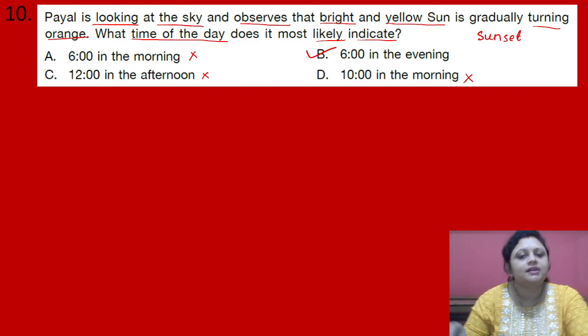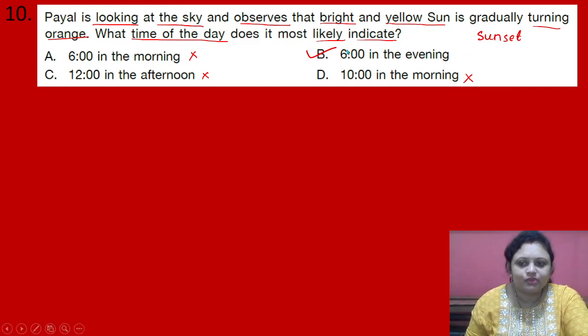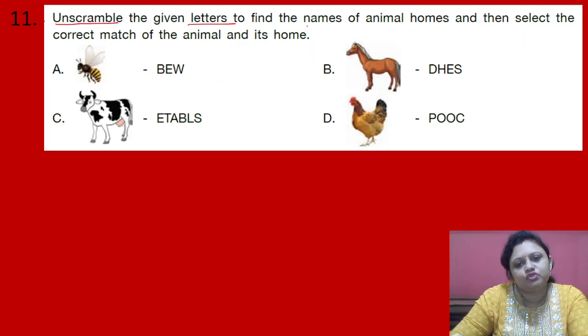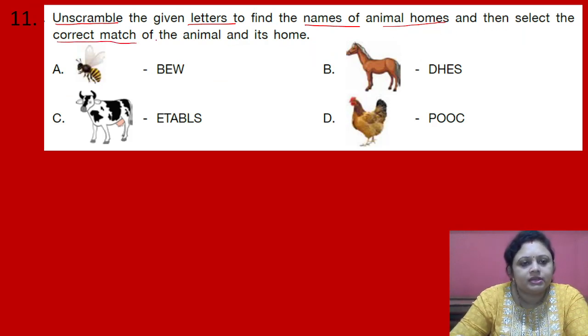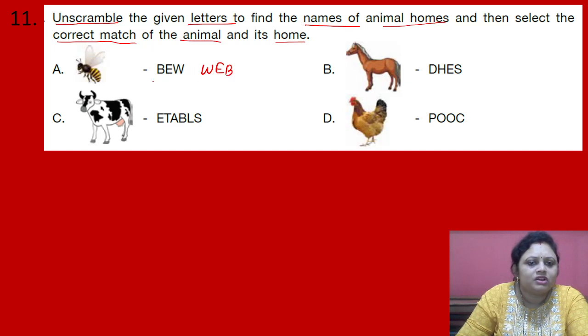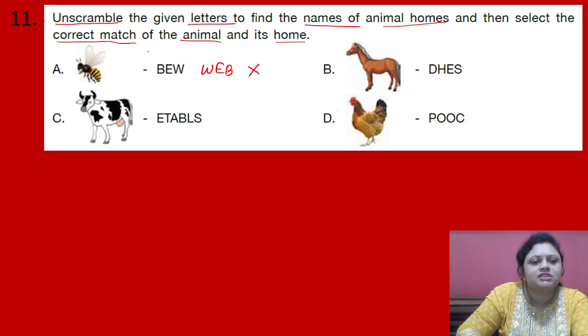Option B is the correct answer. Got it, everyone? Coming to the next question on scramble. The given letters are to find the name of animal homes and then select the correct match of the animal and its home. So here in option A, bee is there, and if we unscramble it, we will get web. This is not the correct option because bee